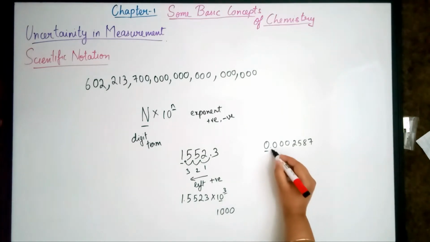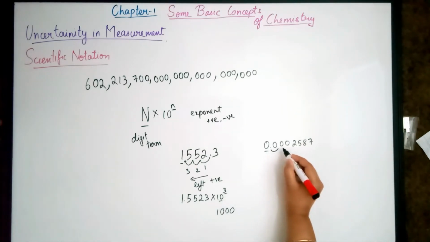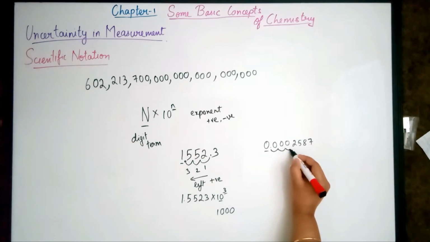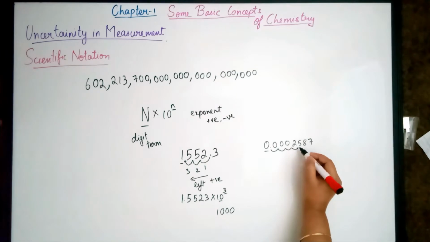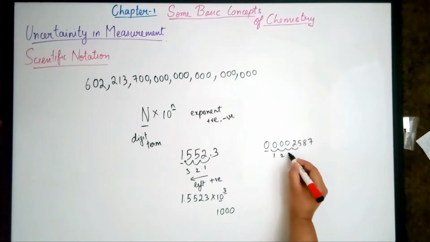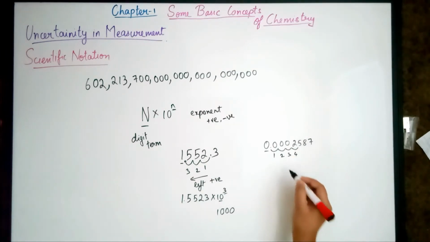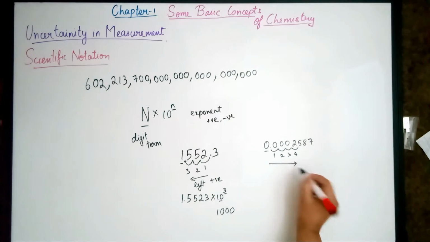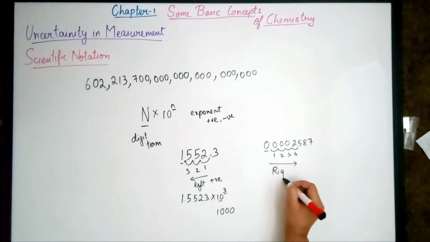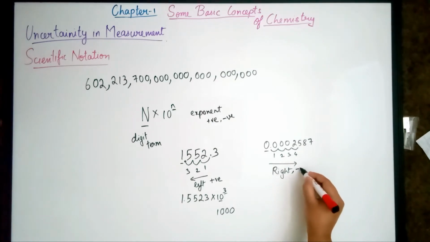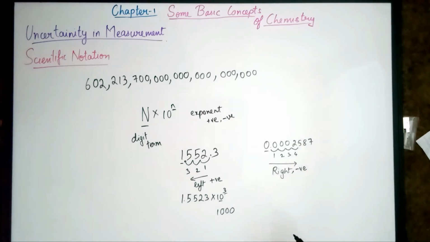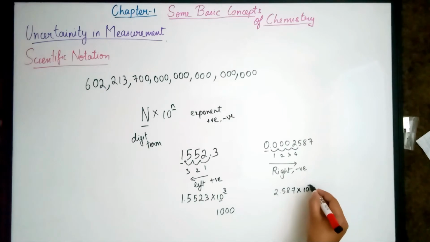So the decimal point moves 1 2 3 4 places towards the right. When it moves towards the right, the exponent automatically gets a negative value. So it will be 2.57 into 10 to the power minus 4,